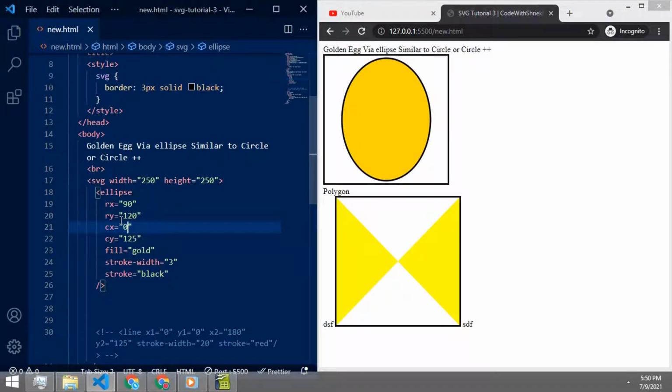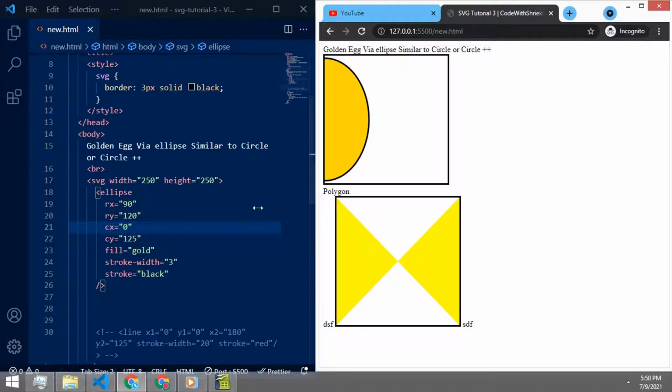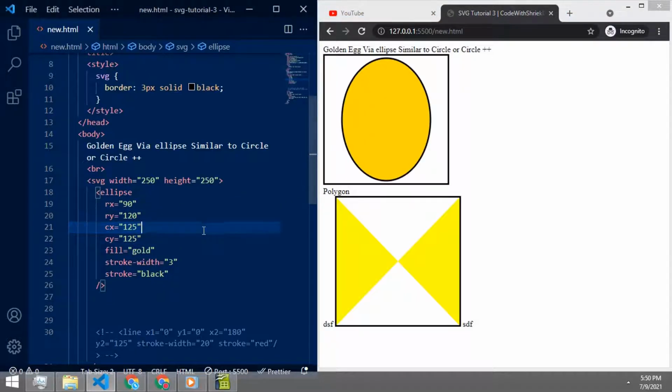Okay, so we can also learn all the ellipses one by one ourselves. You just have to change its values, which will help you understand how it is working and where it is working.